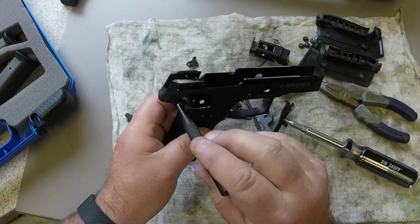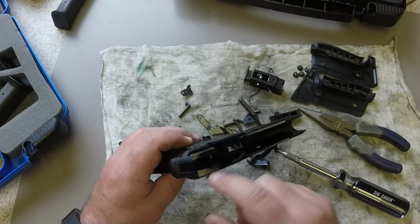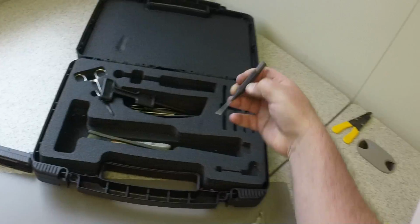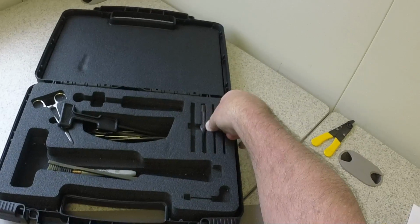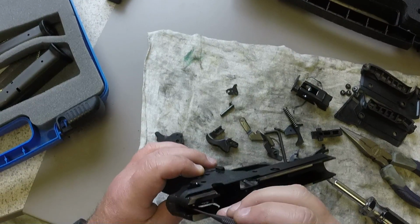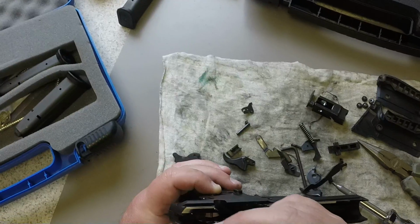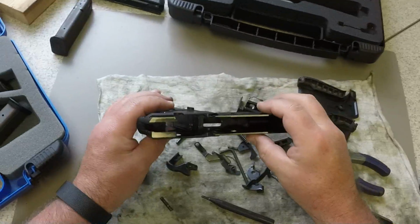You could punch that little pin out. This comes out with a little spring that's inside. Use a skinnier punch for that. I'm not going to do it. I rarely ever do it because that's a pretty sturdy little spring in there. It's not in the way of anything. Just kind of make sure you clean up around it, but whatever. So,